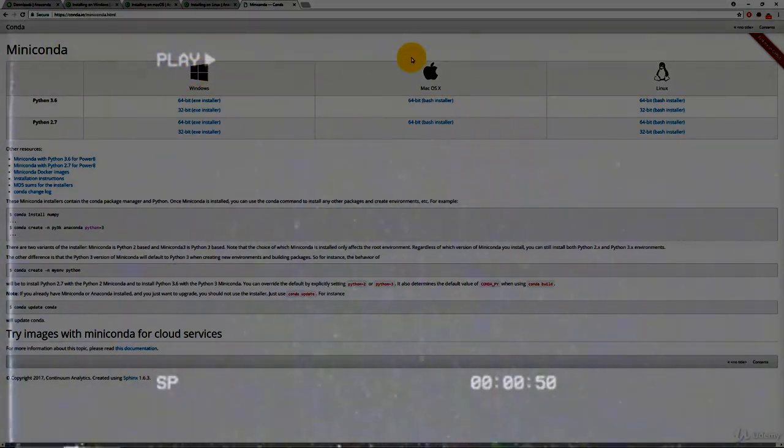So there's one for Windows, Mac OS, and Linux. So if you're interested in a much smaller file download, you can use those installers as well. However, we do recommend that if you have the bandwidth and the space, that you just download the full Anaconda installation. Once you've successfully downloaded and gone through the installation steps for Anaconda, you should be able to search your